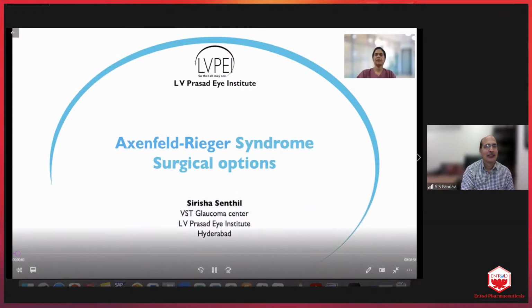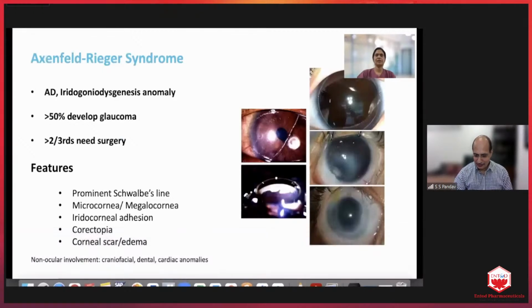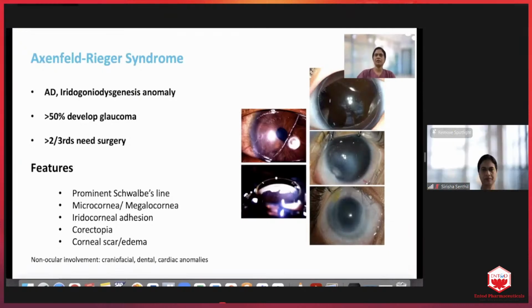Hi, friends. So I'll be discussing the surgical options that are there in the management of Axenfeld-Rieger syndrome. As we know, this is a rare autosomal dominant disease characterized by abnormal iridogonio-dysgenesis or iridocorneal adhesions in several of these patients. More than 50% of these children develop glaucoma, and close to 2/3 of these patients actually require a surgery for